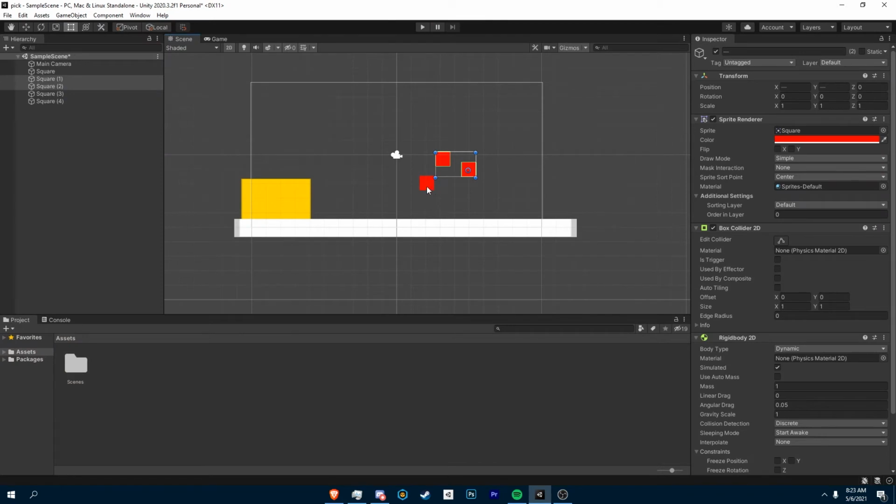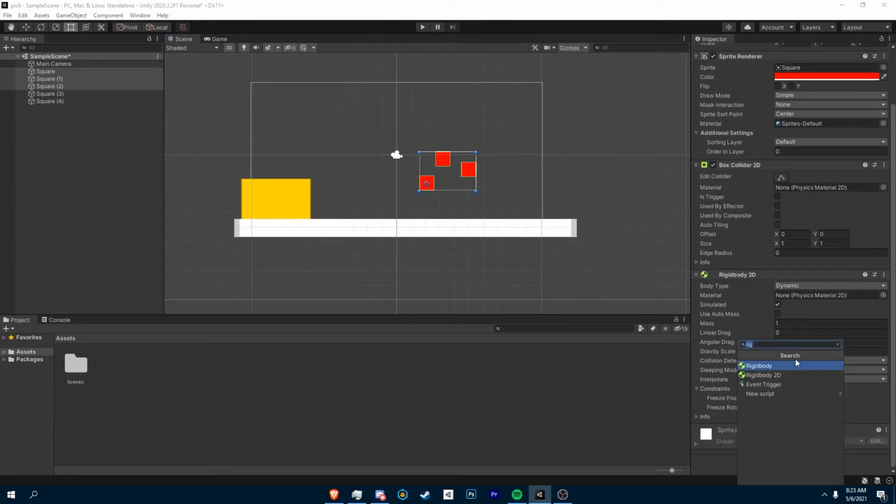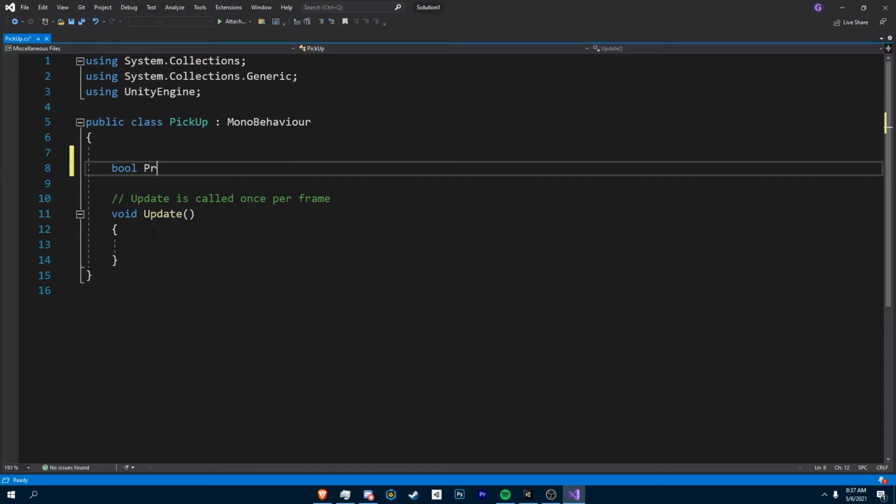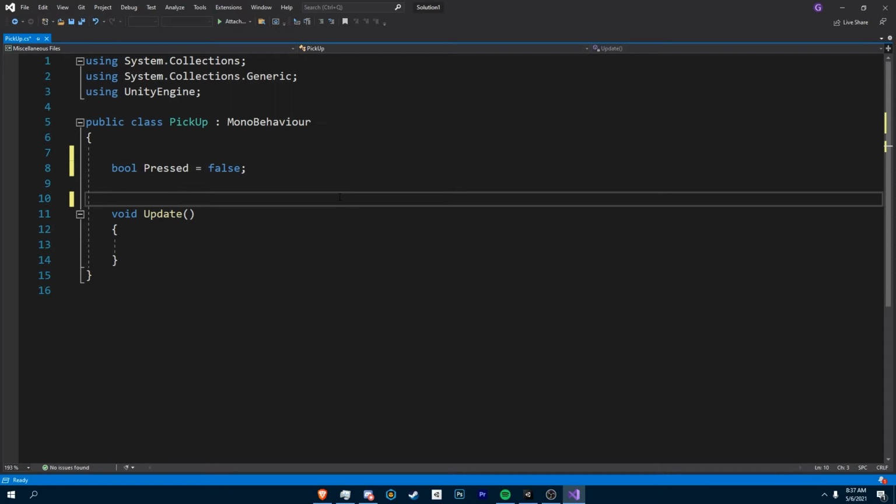Let's change that by selecting those 3 cubes and creating a new script that I'm just going to call pickup script. Now we're going to want to open up the script, and the first thing we're going to do is replace the start function with a bool called pressed and set that to false. Now we're going to want to create a void called onMouseDown, and this is going to be set to pressed